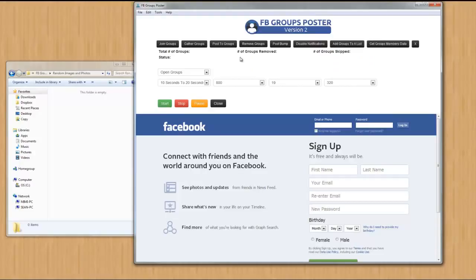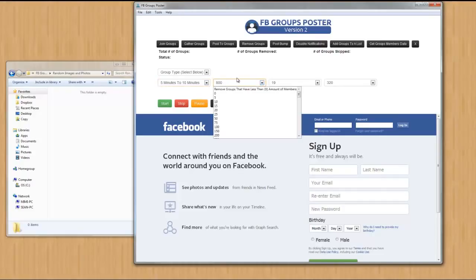Next, we're going to move on to the Remove Groups tab, okay? You have the ability here, folks, to post to open groups and all groups. Your all groups consist of open groups and closed groups. Specified amount of time between each point. Software picks a random time. This function right here gives you the ability to remove groups that have less than X amount of members. So if the groups that you want to remove have less than 400 members, the software will go ahead and